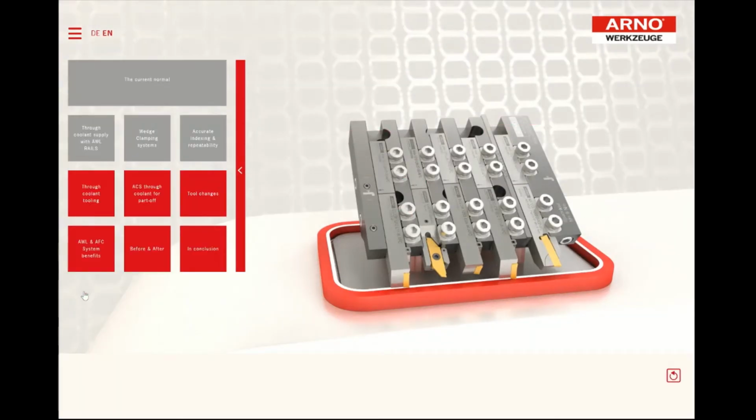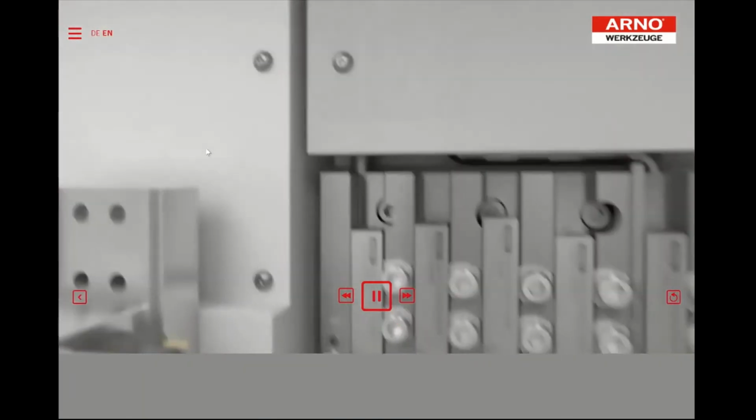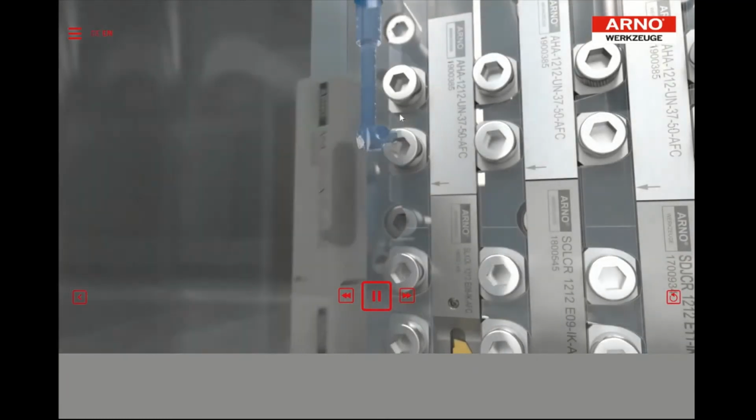Now, obviously we've now gone through the rail itself, how the coolant is fed to the rail, the flexibility, the strength and rigidity of the clamping system, and the flexibility and ease in use and accuracy of the system. The coolant is supplied to each individual tool location, and what you have here is the coolant fed into the rail. All of the piping is hidden behind the rails and the guards,